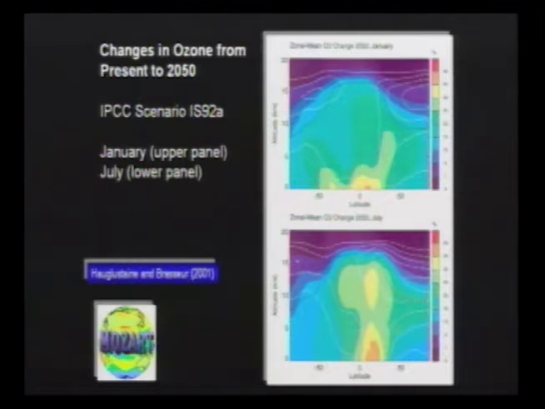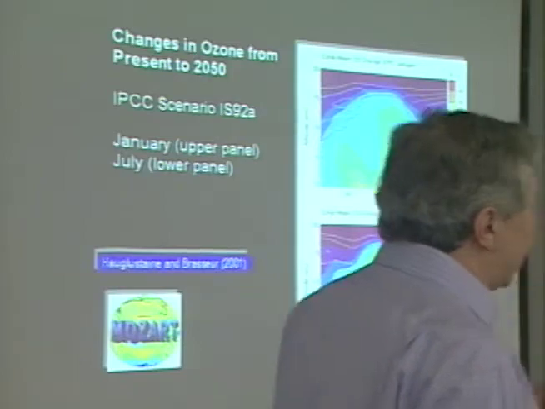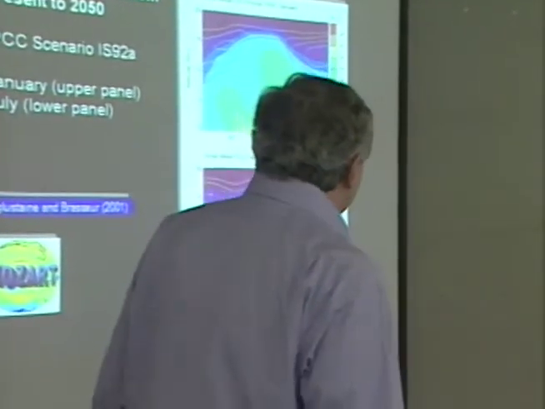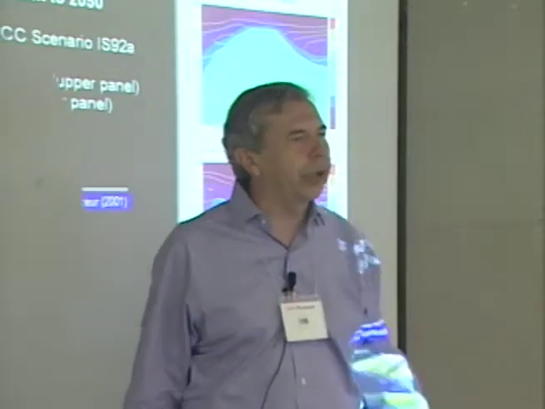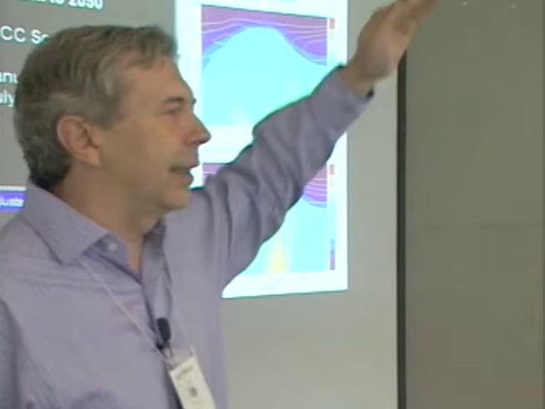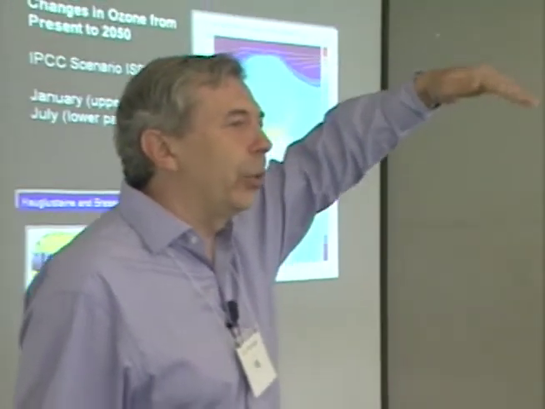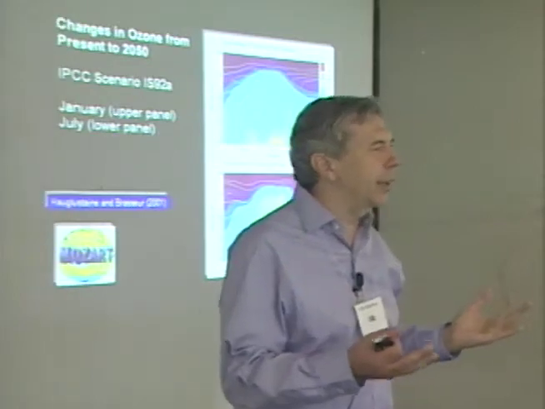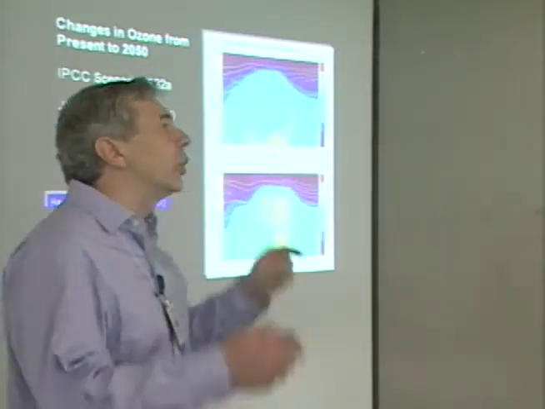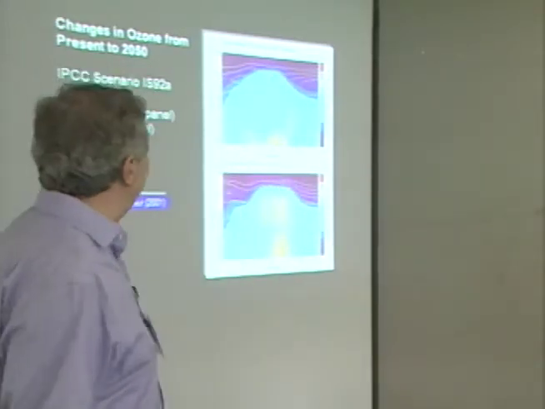You're laughing because one of them is because a lot of the emissions growth should be taking place in South Asia. The other reason is that in the Northern Hemisphere, even if we were to increase emissions, we are to a large extent in the saturation zone. We have reached that saturation zone, and doubling NOx emissions would not create a lot of increase in ozone. We are already at the maximum possible.